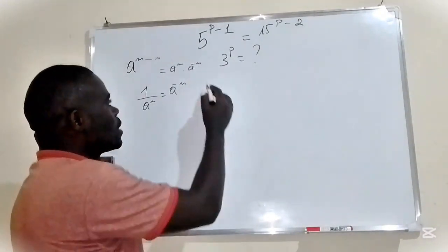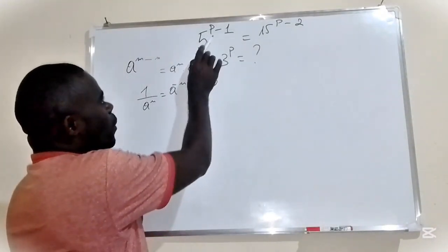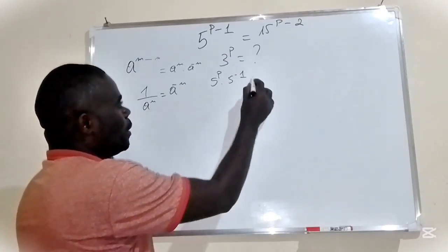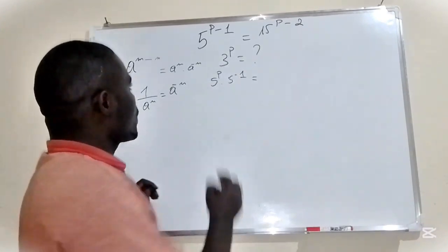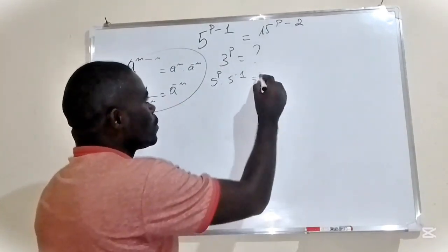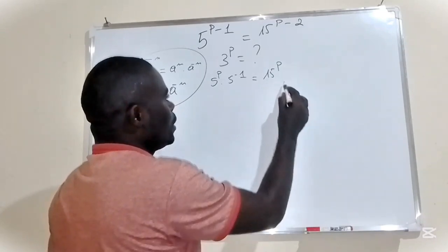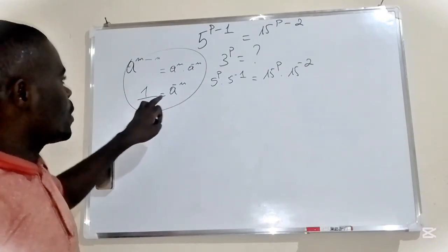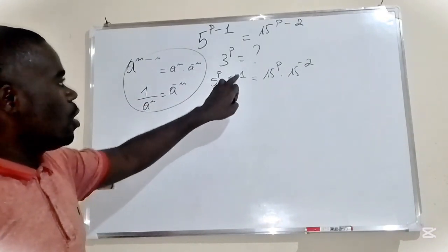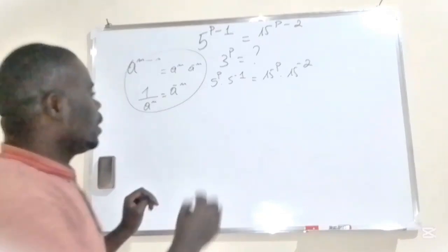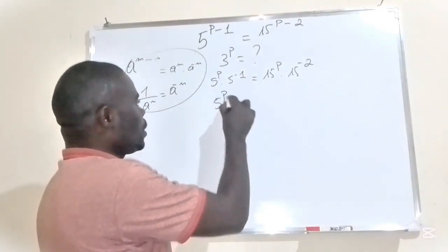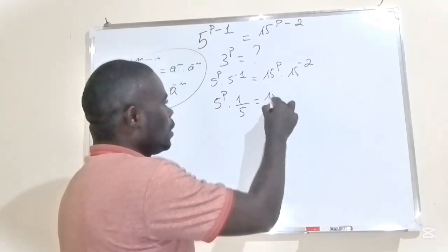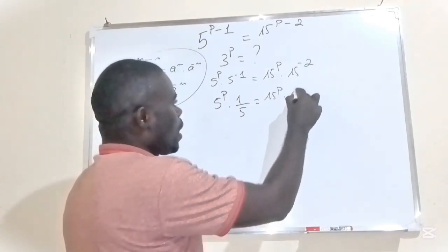property. So, this is 5. We have a negative at the exponent, it's 5 power p times 5 power negative 1, which is equal to 15 power p times 15 power negative 2. From this property, where we have negative from power, this is like 5 power p times 1 over 5, which is equal to 15 power p times 1 over